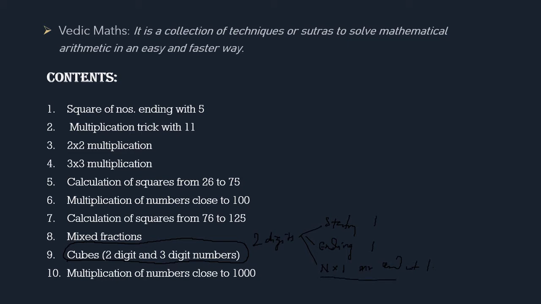Well, so far we have covered 8 chapters from 1 through 8. For those who haven't already seen, kindly go back and check the previous sessions of Vedic Maths in order to be through with all these subjects. So let's just proceed with the continuation of the 9th chapter, that is cubes of 2 digit numbers, for the numbers that neither start with 1 nor end with 1.